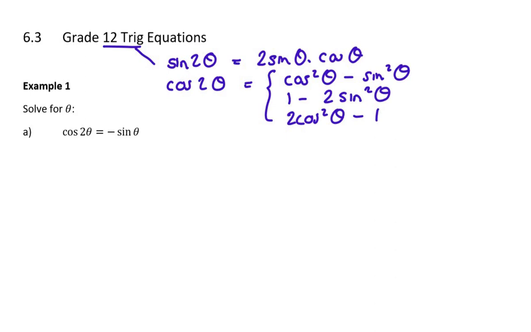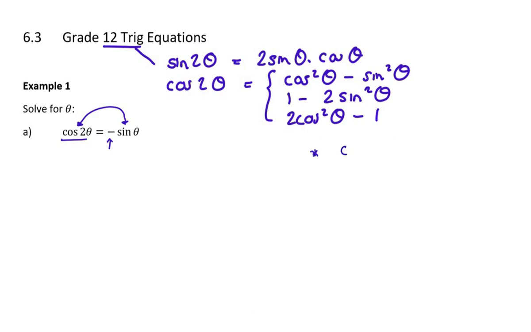So question A says solve for theta, and it says cos 2 theta equals negative sine theta. Now immediately I see cos equals sine, and so I'm like, could this be a tan? Because remember, when there's cos and sine and it's only two terms, it could be a tan. Now the reason why this isn't a tan is that those angles aren't the same, so that's out the window. Could I force this to be a cos equals cos or sine equals sine? And I actually could. The only problem is this is negative sine theta, so there is actually an option here,